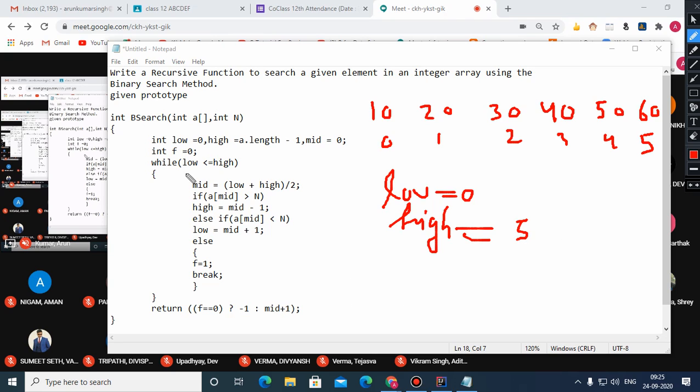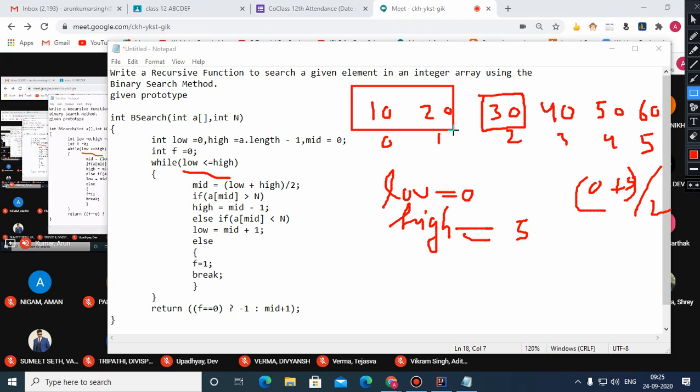So while this low is less than or equal to high, this array has been divided in 3 parts. If you find the middle, that is 0 plus 5 by 2, you will see that this is the middle. And this middle has divided this array in 2 parts.